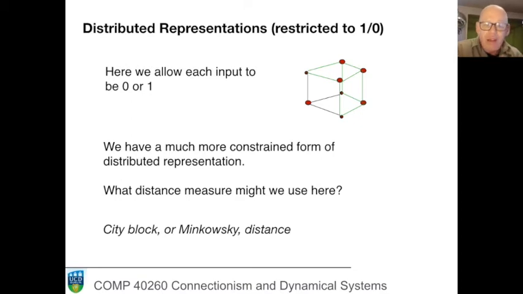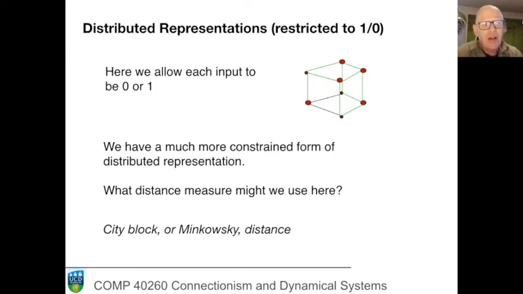This is a constrained form of distributed representation. Here, I've shown the 8 corners of a cube, slightly warped, sorry. Here we can make some sense of the notion of distance between two elements. And in this highly constrained representation, we would probably not choose to use the Euclidean metric, which generalizes to three-dimensional